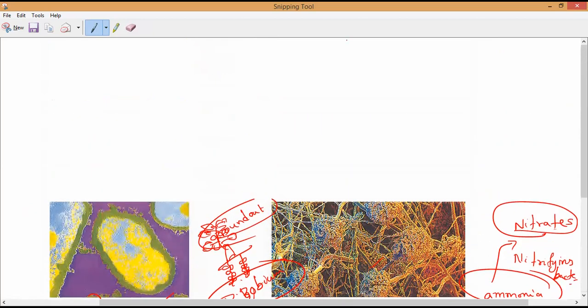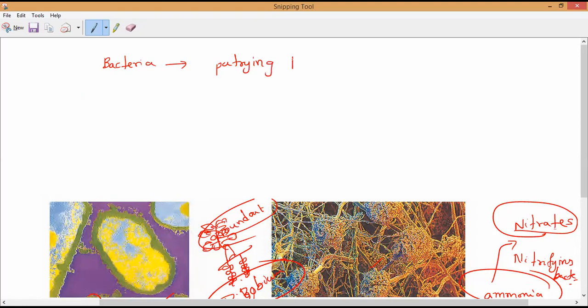So without decomposers, there is no cyclic recycling of the ecosystem, and it will lead to the complete end of human life as well as other animals. So that is the importance of all the decomposers. Now, as I told you, there are two kinds of bacteria. What is the first bacteria, anybody? The first type of bacteria is putrefying bacteria.